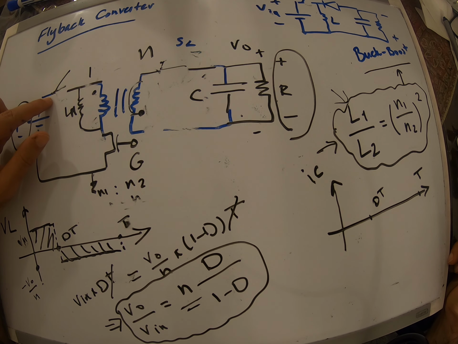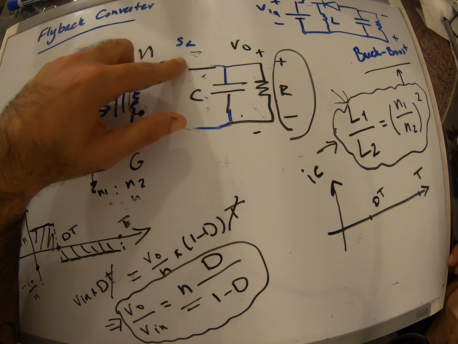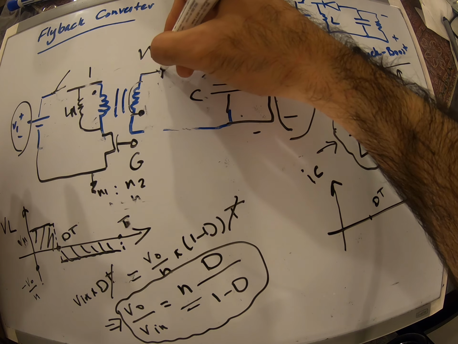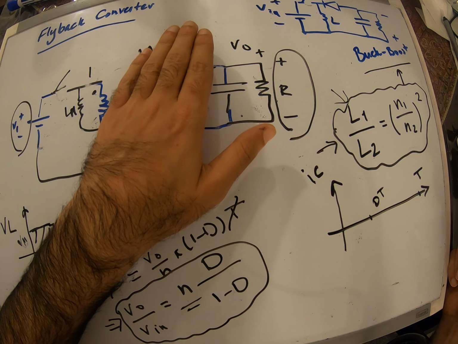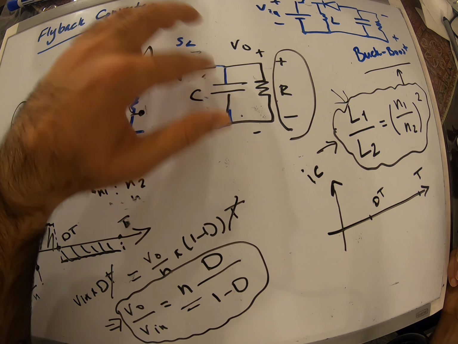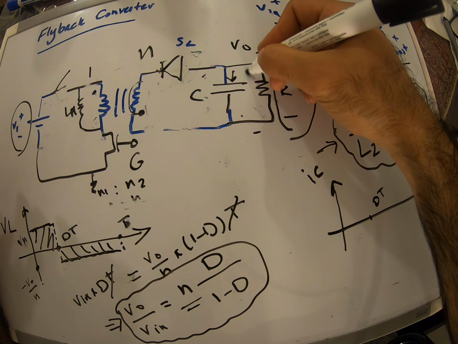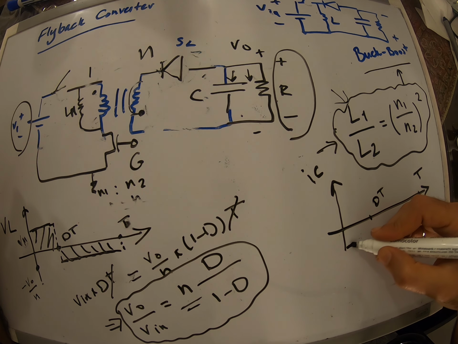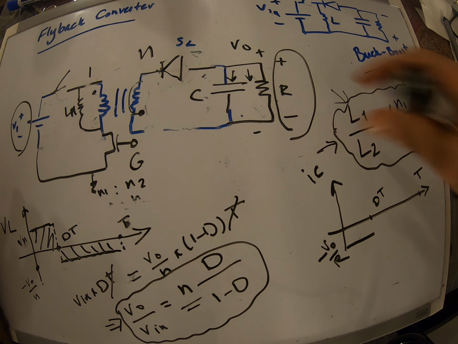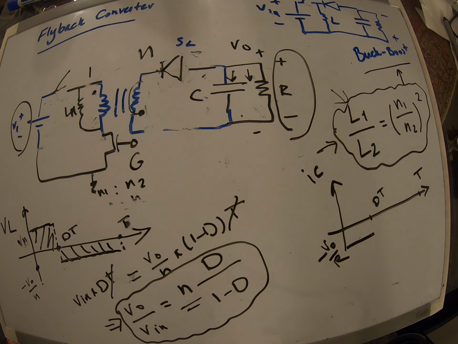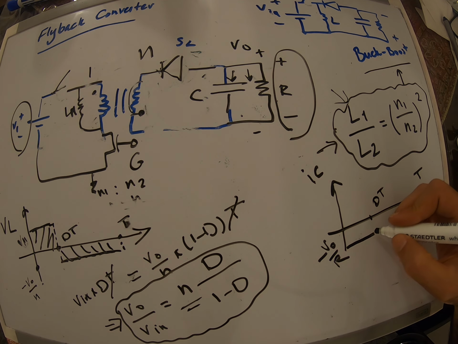So when the primary switch is open, there's no current going through this diode. So this is basically going to break the current loop. So we only have IC and IR going through this loop here. And you can see that IC and IR are going to be equal, but with reverse polarity. So IC is going to be negative VO over R when the switch is on. When the switch is off,